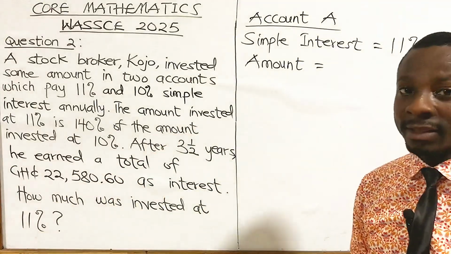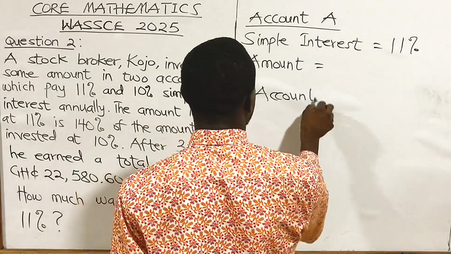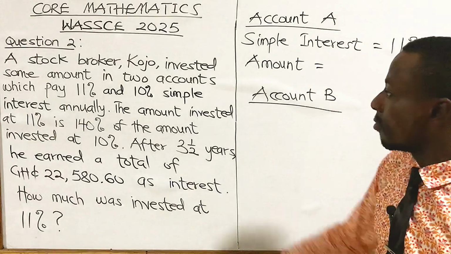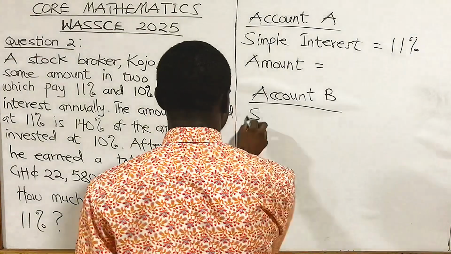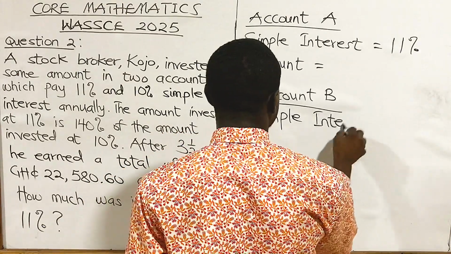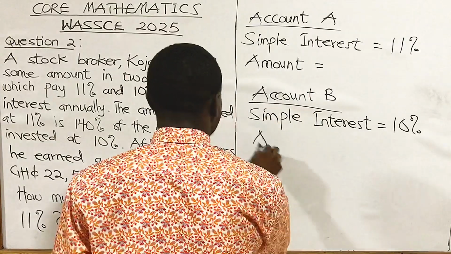Now we are going to look at the second account, account B. In account B, the simple interest is 10%, and the amount